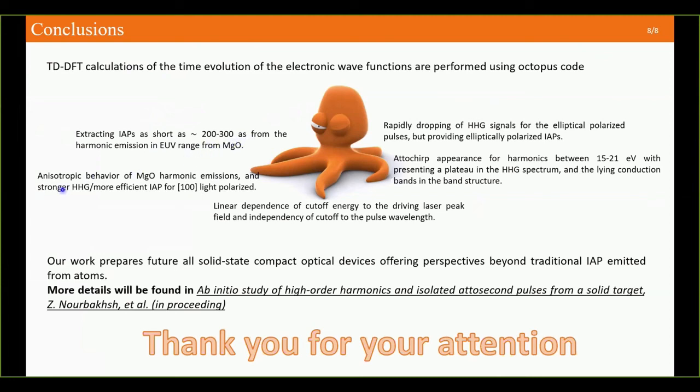We study the anisotropic behavior of the MgO crystal, and we show the linear dependence of the cutoff energy on the electric field, and we show the appearance of Autler-Townes shift for energies between 15 to 20 electron volts, at which energy range the MgO band structure shows flat conduction bands, and also we show the possibility of having elliptical isolated attosecond pulses, which are